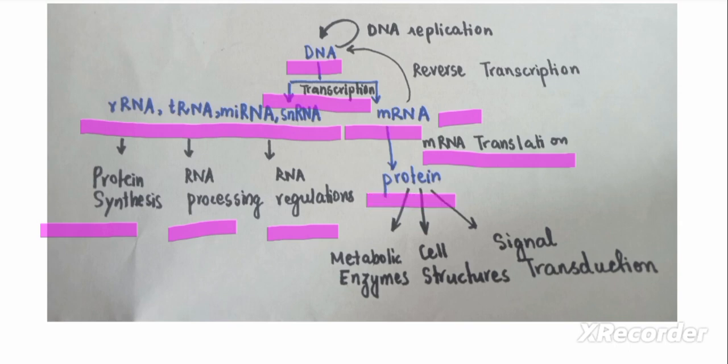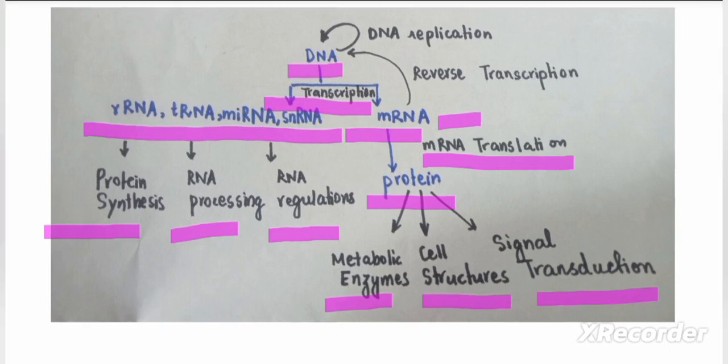So proteins have very important functions in the cell, like acting as an enzyme which speeds up the chemical reactions. It also controls the cellular structures and functions, and it also acts as a signaling molecule and has a very important role in signal transduction pathways. This is the central dogma of life, in which the information is transferred from DNA to the functional product that